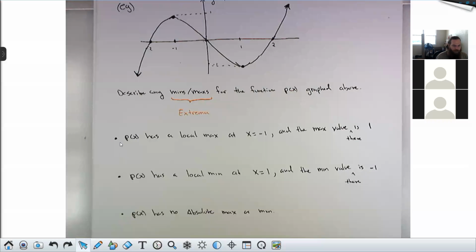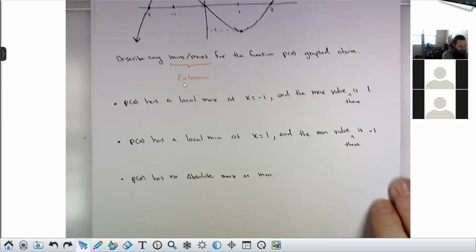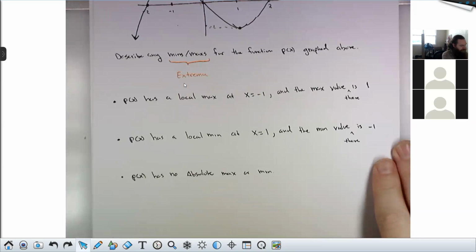So when we ask where is the max, that's always the x value. When we ask what is the max, that's always the y value. Similarly, when we ask where is the min, that's always the x value. And if I ask what is the min, that's always the y value. So kind of the point I wanted to make with this is